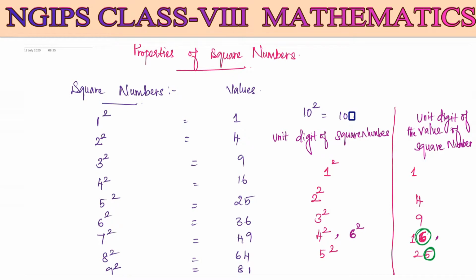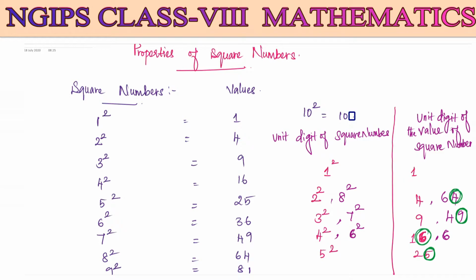6. For 6 square also we got the value as 6. Next, when you have 7 square, it is nothing but 49. Like 3 square, for 7 square we have 49. We need to take only the unit digit, it is going to be 9. Now we have 8 square, it is 64. Again, like 2 square, the unit digit is 4. So I can write here 8 square is equal to 64, the unit digit we have is 4.